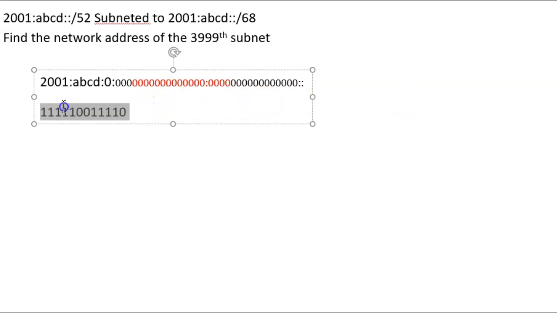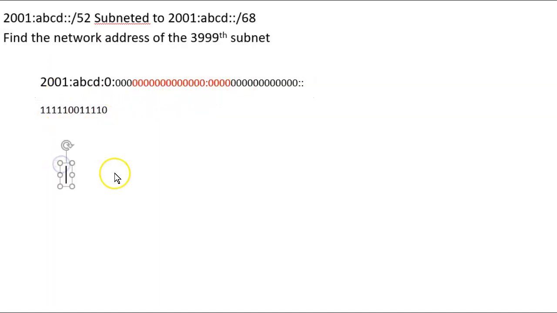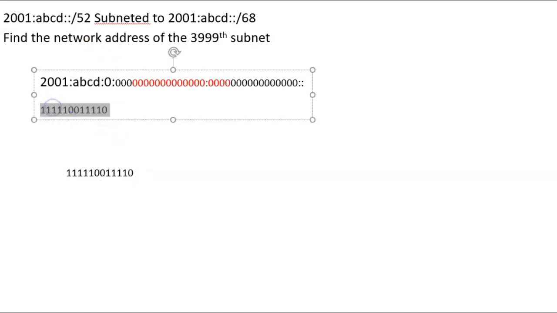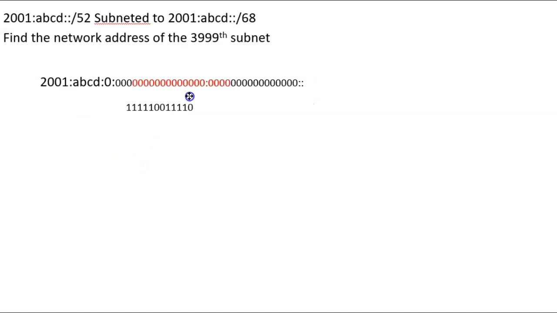Now I want to put that in the same size font, because what I'm about to do is line these up. I want to take this and line it up over here with that. As a matter of fact, I probably should have put that into a separate text box so that I can line it up a little easier. There we go. Let's take this, and we're just going to line it up right here at the right end of this number.